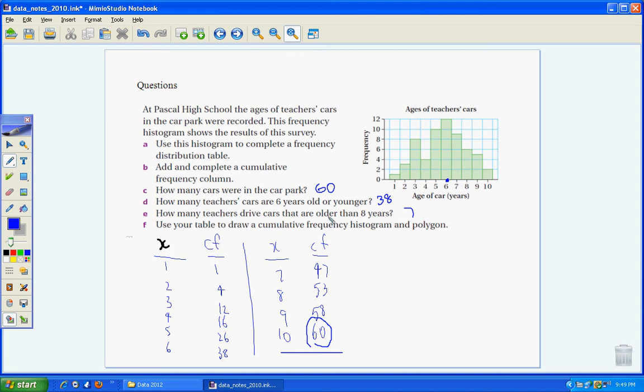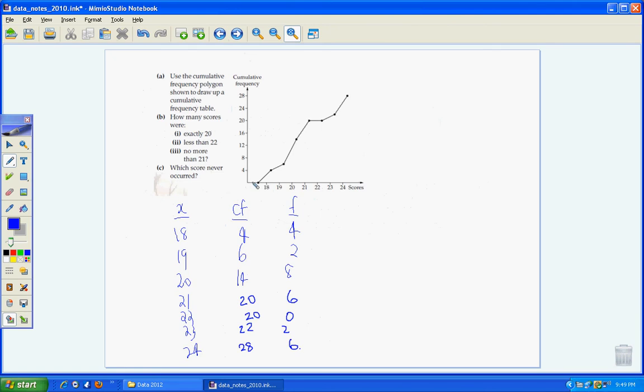How many teachers drive cars that are older than 8 years? So I look at 8 years, and it's 53, and it goes to 60. So the 9 and 10 must combine to give us 7. So that's how we're going to get those scores, by looking at our cumulative frequency. And then you can use the table to draw up a frequency histogram and polygon using the rules we talked about before. So looking at a different problem with just a polygon here,